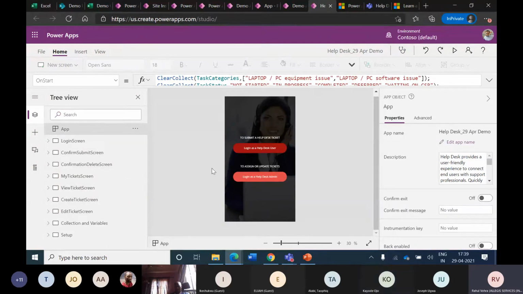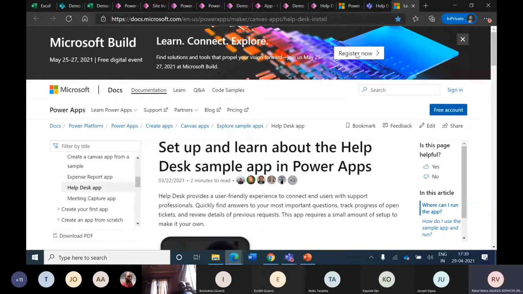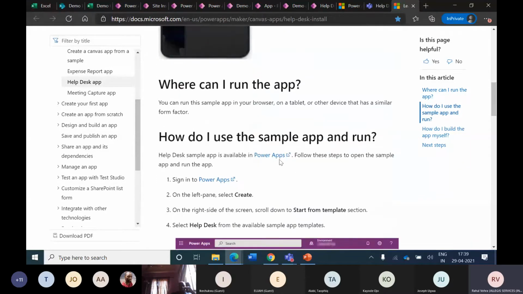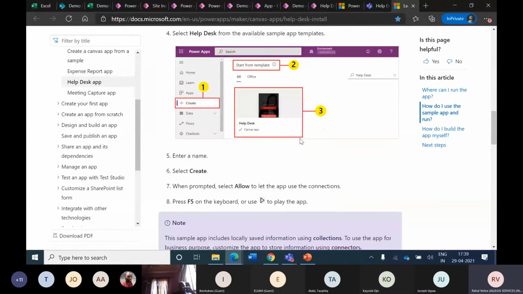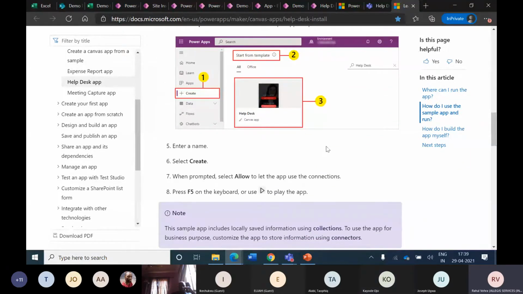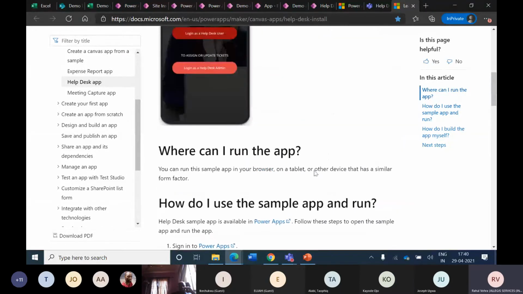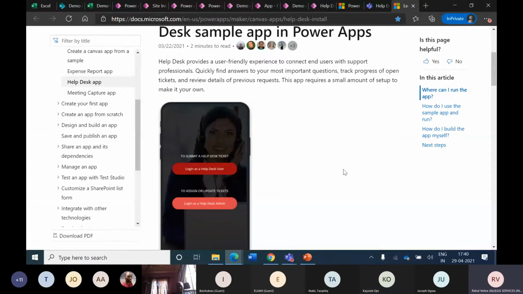Yes. So in some of these apps, there are some steps which need to be followed. That's what I referred to when I talked about this specific page, set up and learn about the helpdesk sample app in Power Apps. There are some described steps to enable the same. Some of the apps are done in a manner where it is easy for us to demonstrate them on the fly.